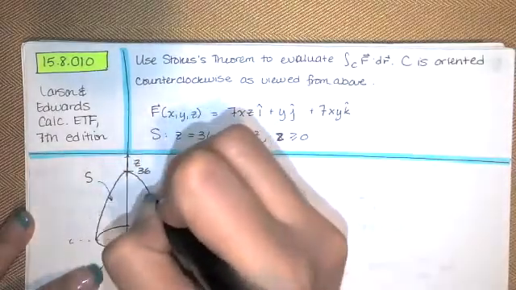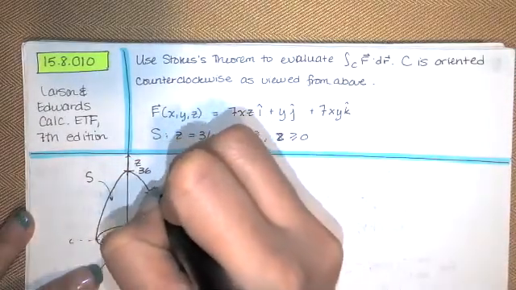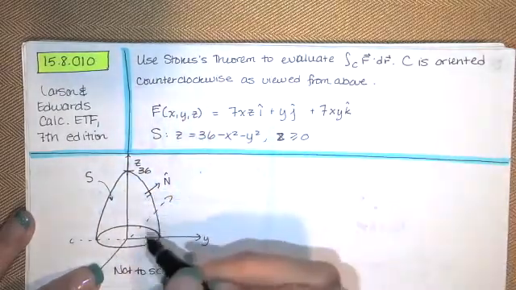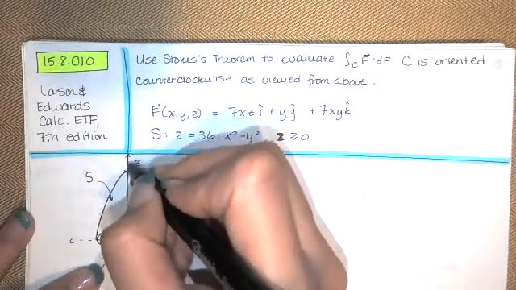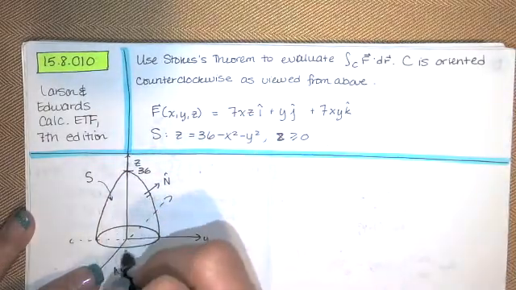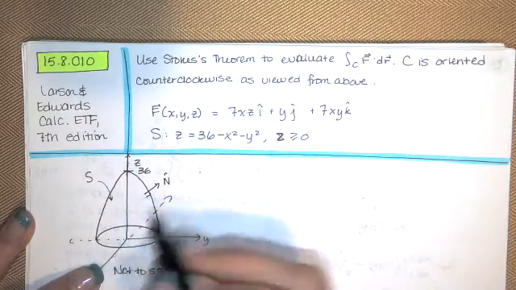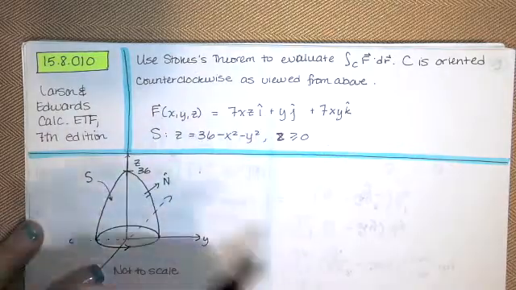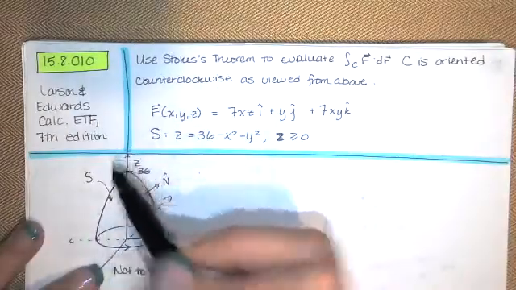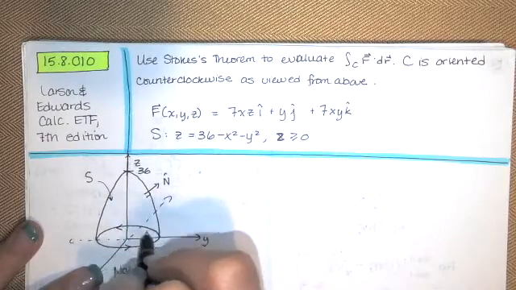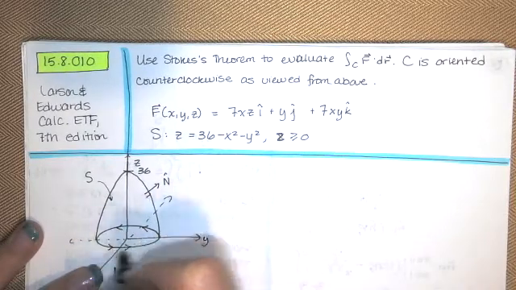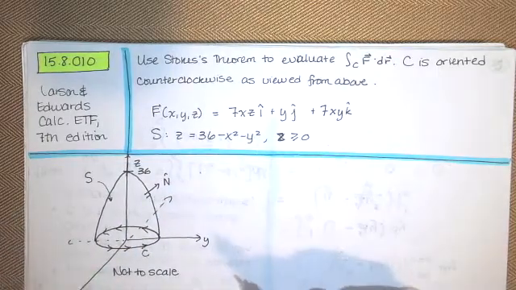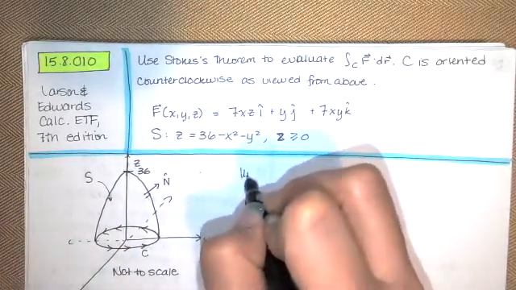So if we're looking down a unit normal vector, which is going to look something like this, or maybe we should look at the unit normal vector at the very top, that orientation of C will be counterclockwise relative to our perspective if we were looking at it from the top here. So C is going to go around like this. It's the bottom. That's the boundary. And Stokes' theorem says that under certain conditions,